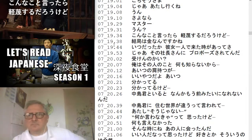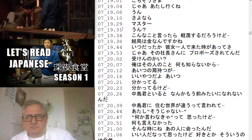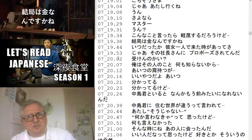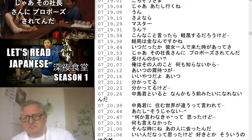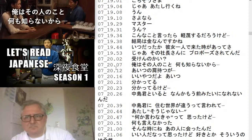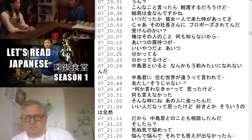こんなこと言ったら軽蔑するだろうけど、結局は金なんですかね。うん。いつだったか彼女が一人で来た時があってさ。その社長さんにプロポーズされてんだ。受けんのかい？俺はその人のこと何も知らないから、あいつの肩持つがいいやつだよあいつ。